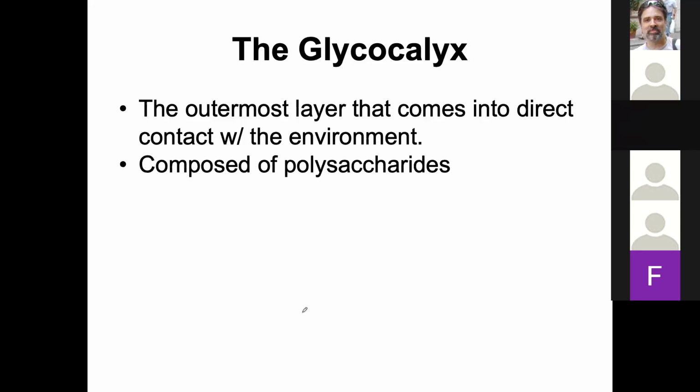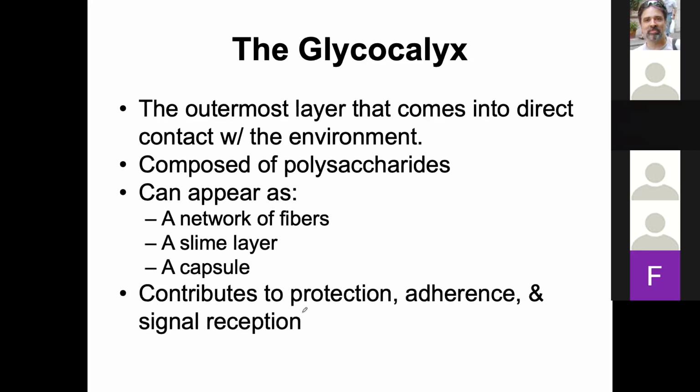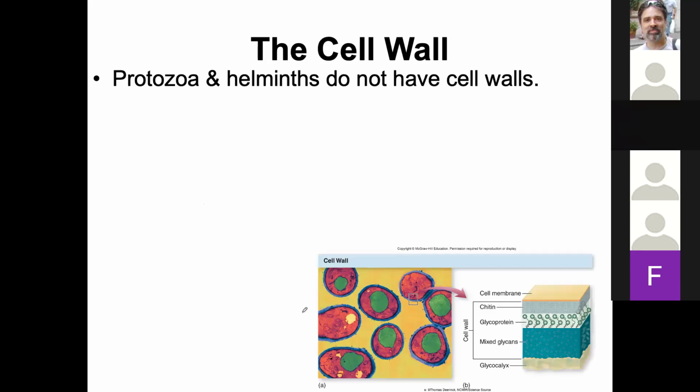The glycocalyx is, again, an outermost sugar layer made up of polysaccharide that can either be a slime layer, a capsule, or just a network of fibers. And it allows for signal reception, attachment, and it also helps protect the cell because it's another layer, okay? Now,